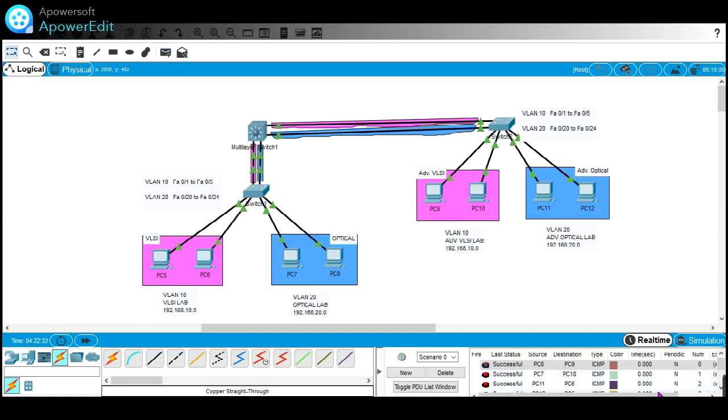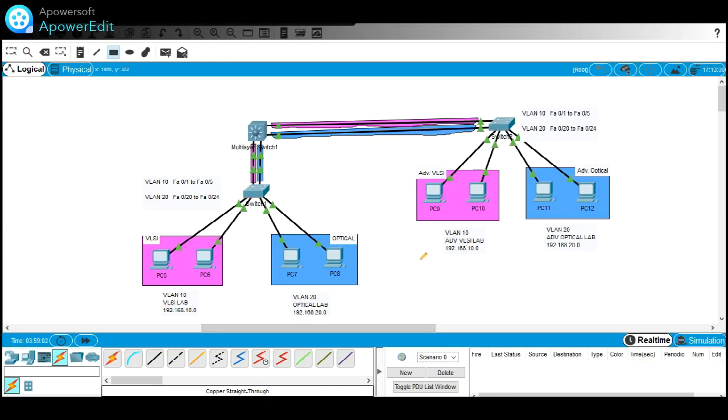Okay, and you can check here that all the packets are successful. Okay, so means our full network is reliable, and you can communicate between VLSI lab and optical lab, whether it is VLSI or advanced VLSI or advanced optical or basic optical.